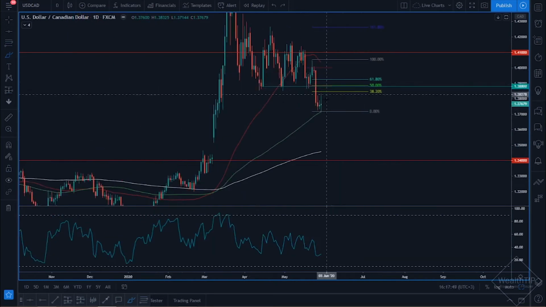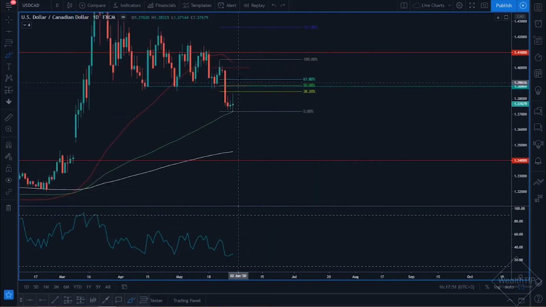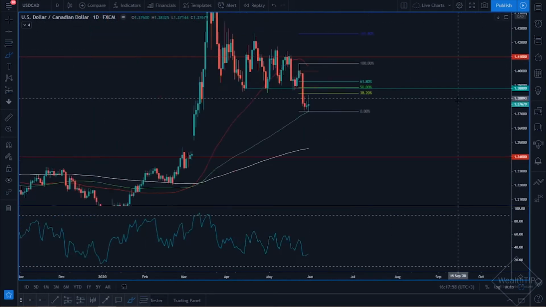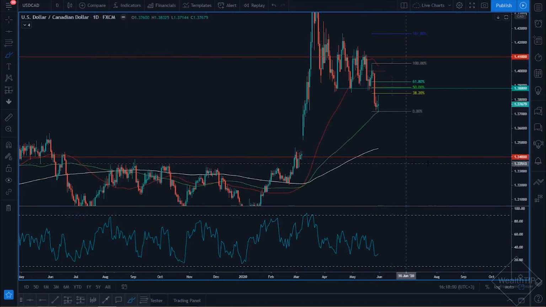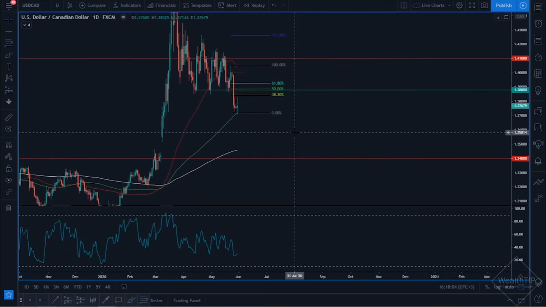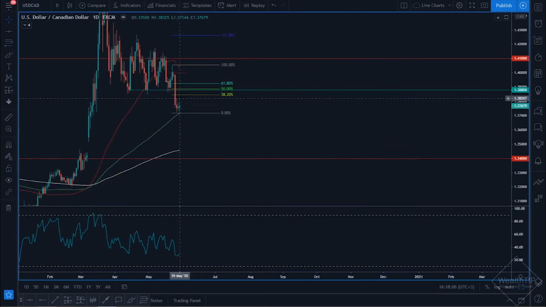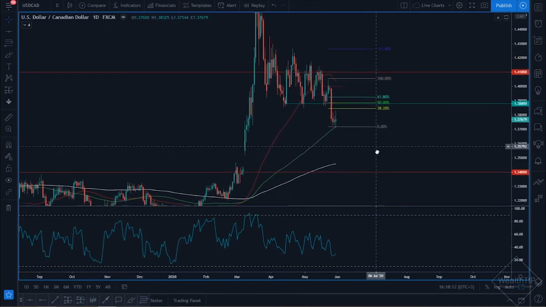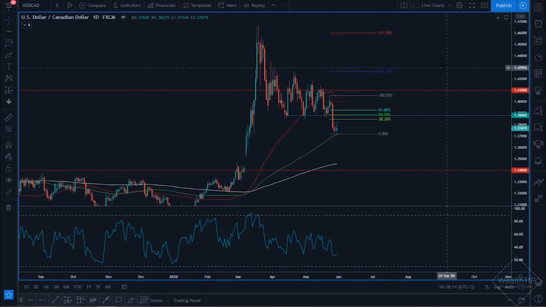Now, personally, I wouldn't be surprised to see the market running so far up, but I'm still very bearish biased with regards to the US dollar, Canadian dollar. And if I'm looking at my target, it will definitely be at 1.34. So I will be looking at a temporary pullback, but ultimately just to see the market roll over all the way to the downside. So that's the US dollar, Canadian dollar. Let's go over to our final pair.